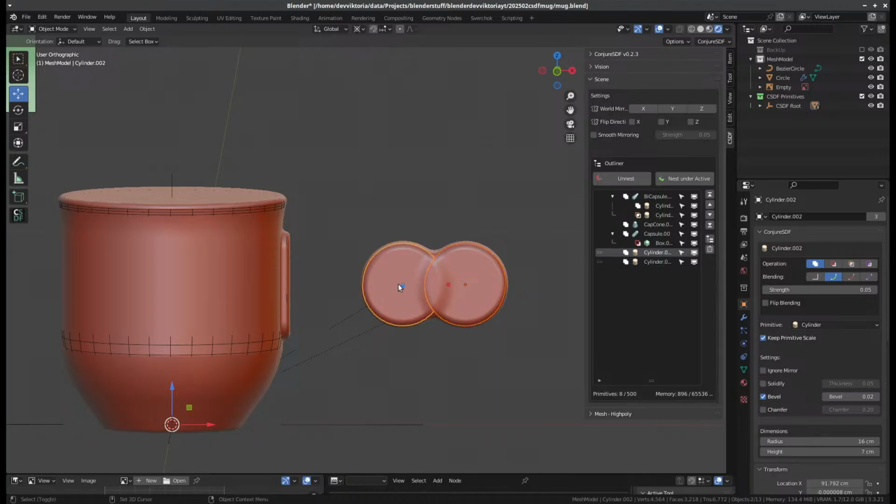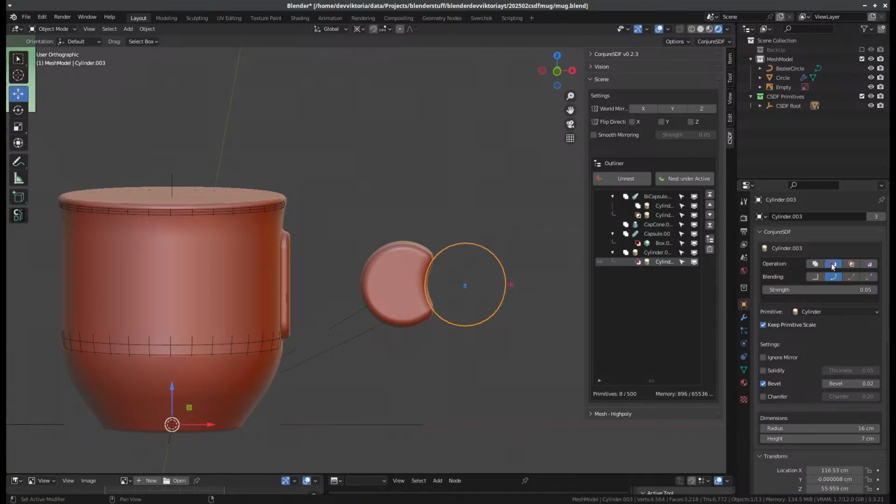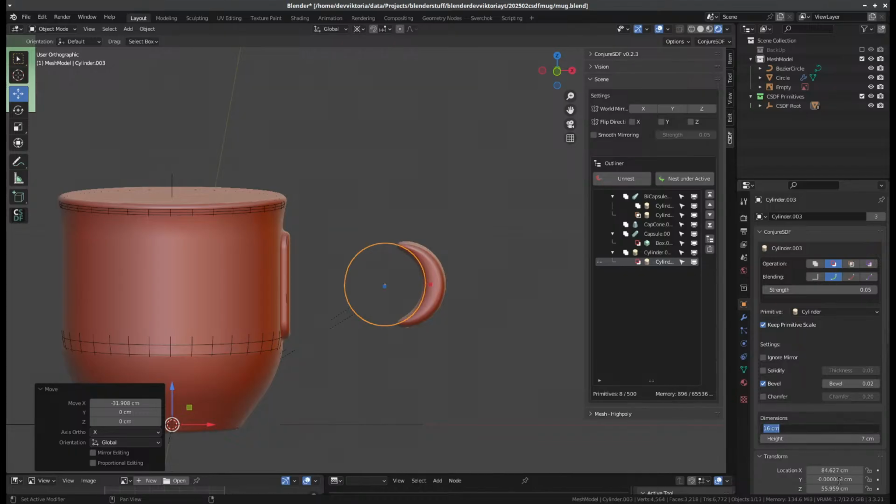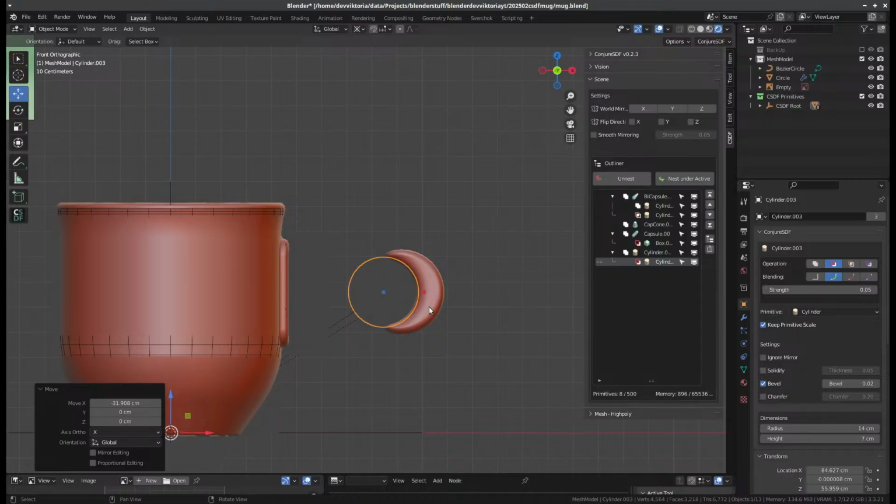So first I have to select this, then I select this, and I'm going to need to nest under the active, which means that this cylinder is under this one, and this one is going to be a minus shape and GX, and obviously I need to make the diameter smaller,